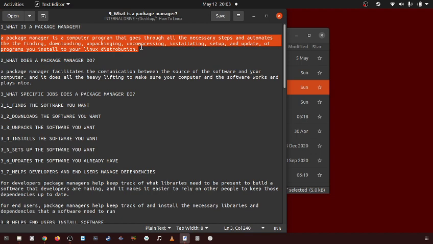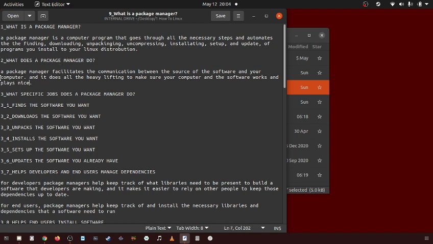It's important to illustrate that a package manager automates like 7 different steps: 1, 2, 3, 4, 5, 6, 7. Right? So it's actually a very useful program, and it saves you a lot of steps, and it saves you a lot of time, headache, and work.